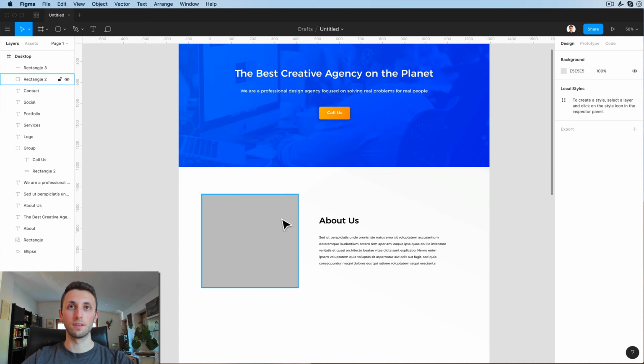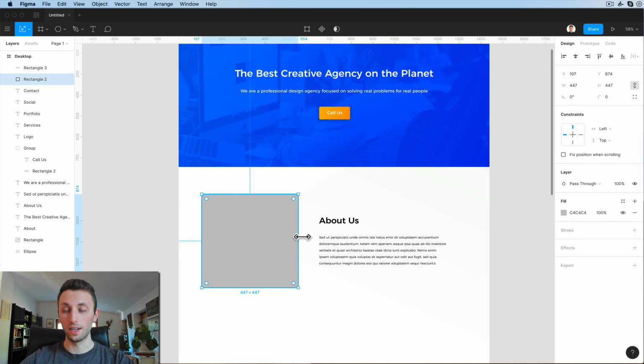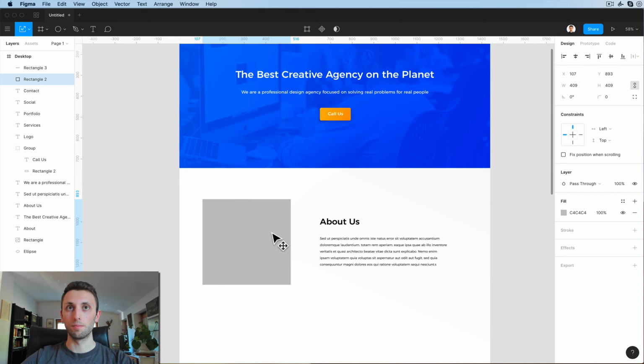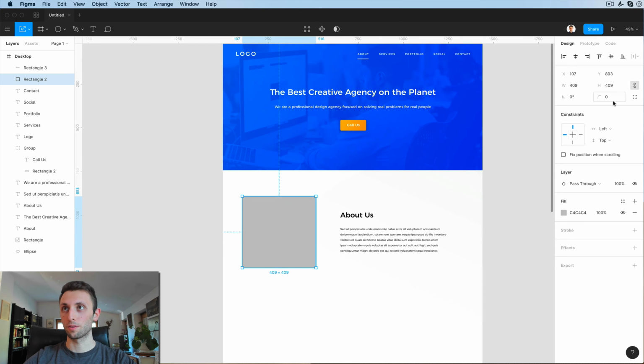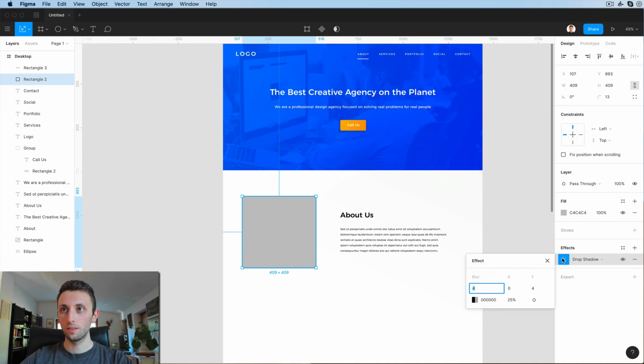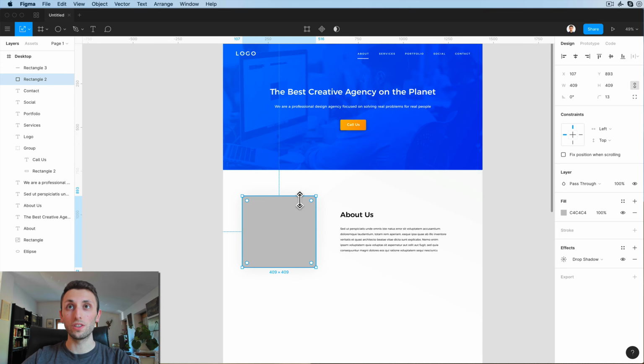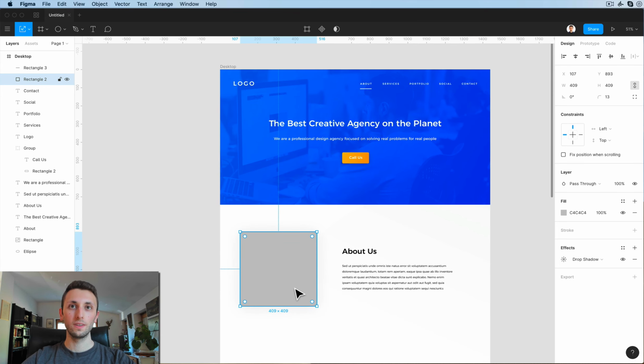So I think this is looking okay for now, and I'm going to use a photo over here. Maybe we can also consider having radius borders and also a drop shadow. So we can go ahead here, make a drop shadow, and we're going to tone down the opacity. And over here we want a photo which is descriptive, and so let's go on